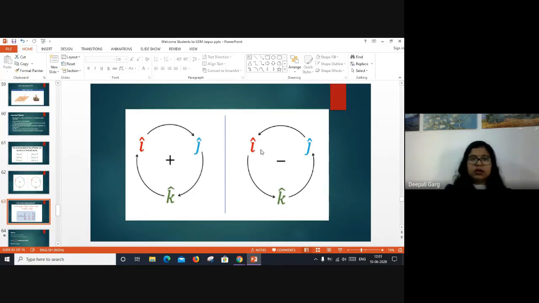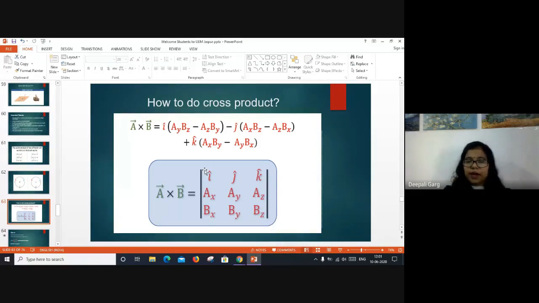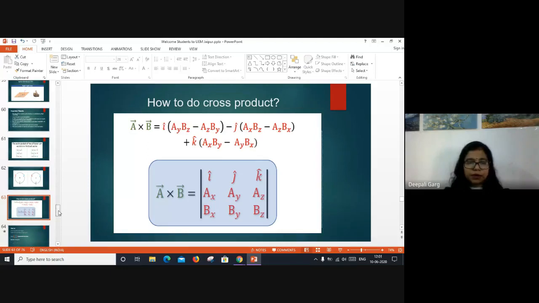So how do we calculate cross product? We make a matrix. First row is i cap, j cap, k cap. Second row and third row are the numbers which are being projected in the corresponding directions. So I think you know all this. Can we repeat the same example? Repeat the same example. This one.